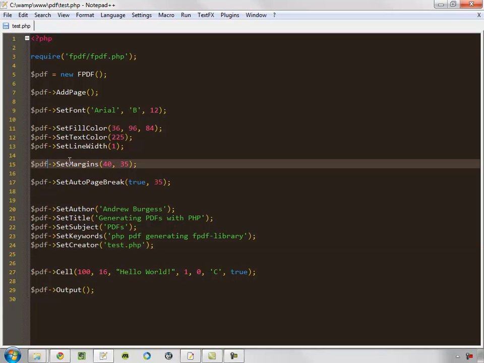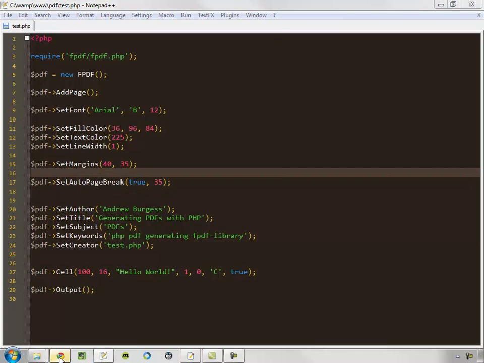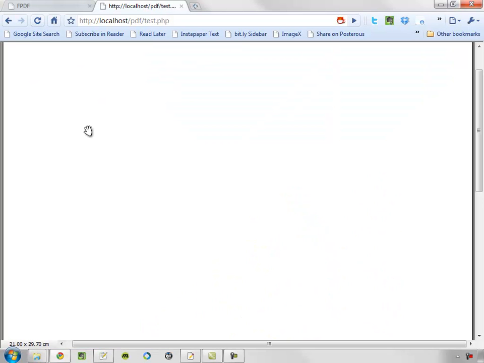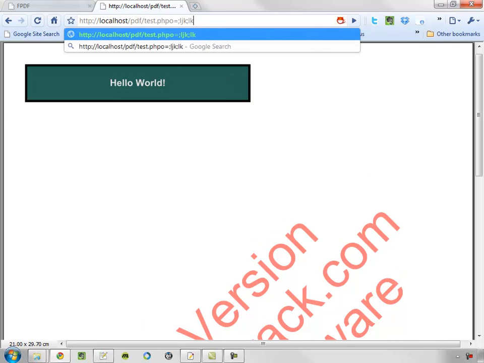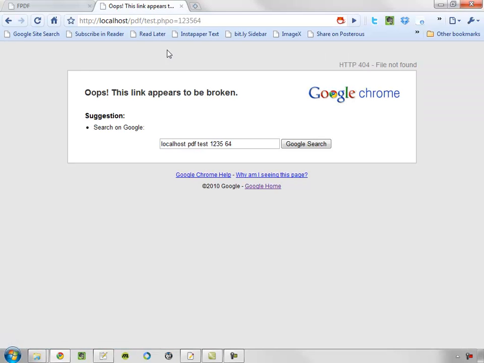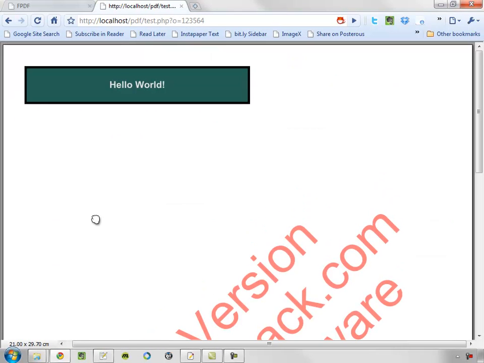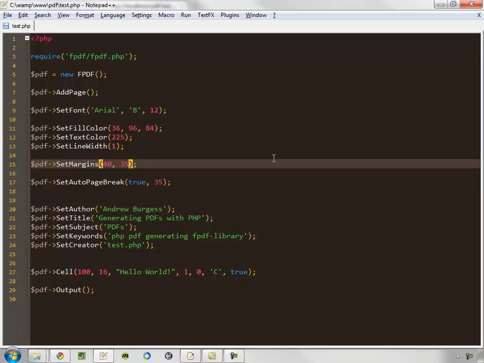Okay, so what changes are we going to see here? We're going to see the margins, hopefully, and yeah, we won't really see anything at the bottom because we're not far enough down on the page, but we should see a difference in the margins. So let's come back here, refresh the page, and let's see. We don't see a difference in the margins, so let's try again. Oh, forgot my question mark there. That doesn't seem to be working. Let's try just doing the